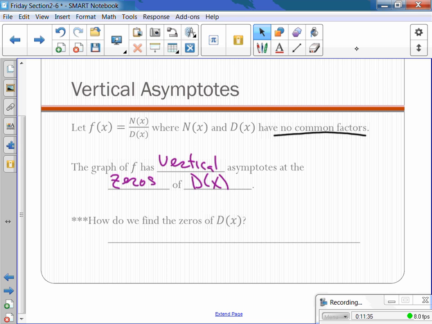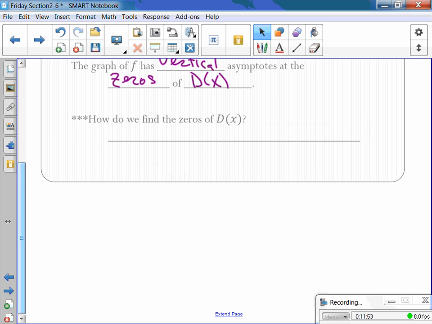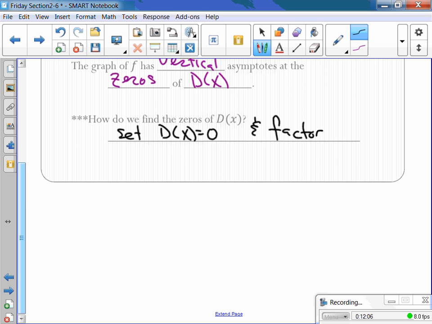Well, we do that same thing where we come up with the domain, right? We're throwing out those points. For my vertical asymptote, I'm just setting that equal to 0, and that becomes x equals whatever that is. That becomes my vertical asymptotes. How do you find the zeros? Set x equal to 0. That's all there is to vertical asymptotes. Once I find the domain, pretty much I'm already done, right? For horizontal, though,